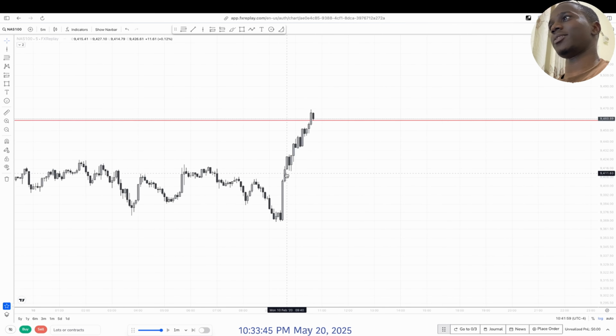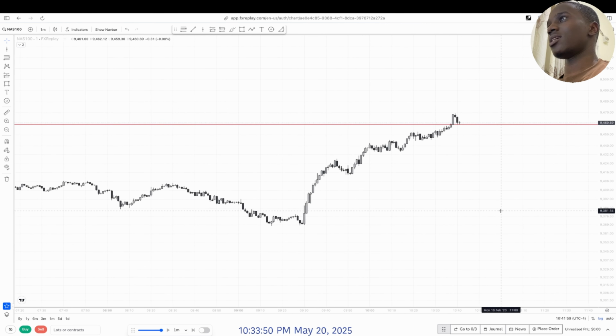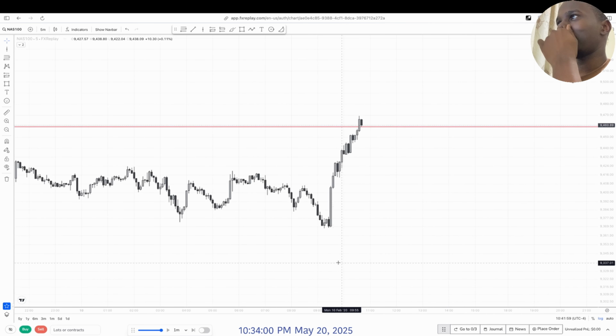Unfortunately not. First presented fair value gap on the 5 minute. 1 minute provide opportunity? Nope, absolutely not. First presented fair value gap, not retested. So just want entries on the 5 minute. We didn't get one, but maybe we'll get one. Let's just wait and see.